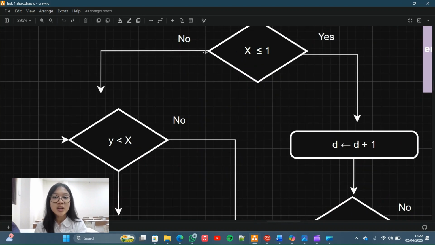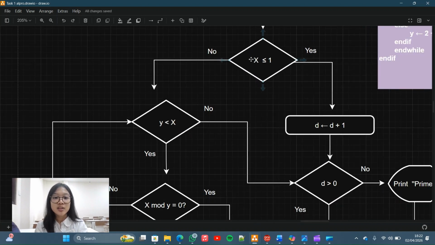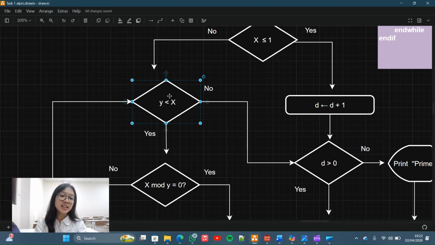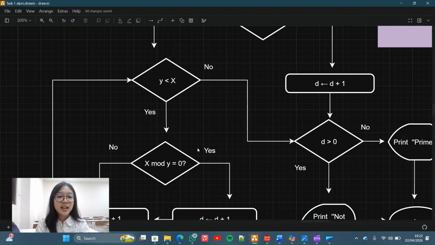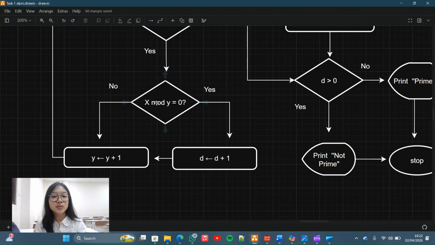So we continue. If the decision is no, there will be another decision: is y less than x? If yes, is x modulo y equal to 0? If yes, we store d plus 1 to d. Why do we do this?